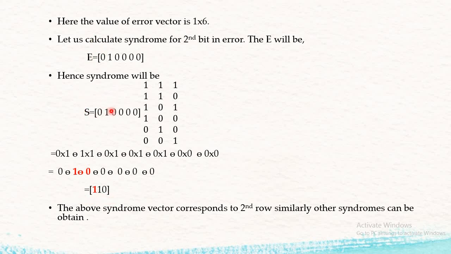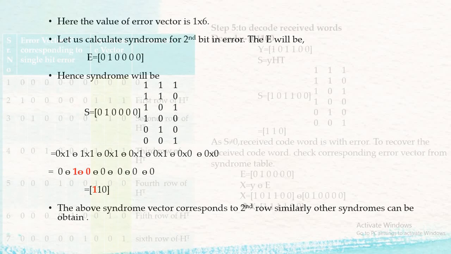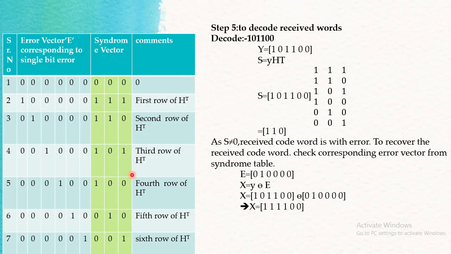So we repeat it for all the other error vectors, considering the error present at the first, second, third, fourth, fifth and sixth position by changing the bit position from 1, 2, 3, 4, 5, 6. And one thing we have already come to know is that the value of the syndrome is always equal to the corresponding row of H transpose. Okay, so this is nothing but the second row of H transpose. So there is no need to solve it for all the other values; you have to solve it for only one particular value, for example. So in this way we build a syndrome table.